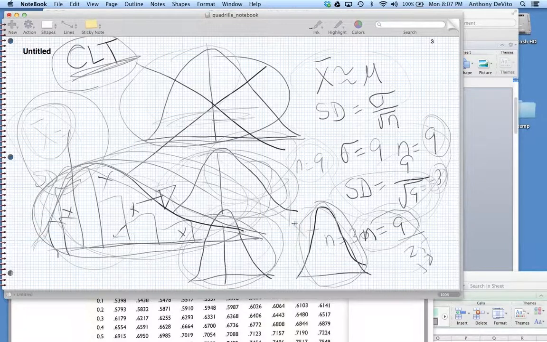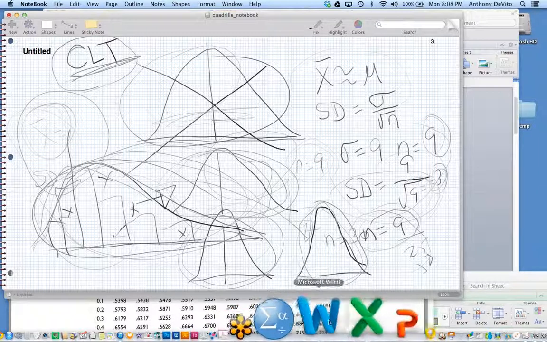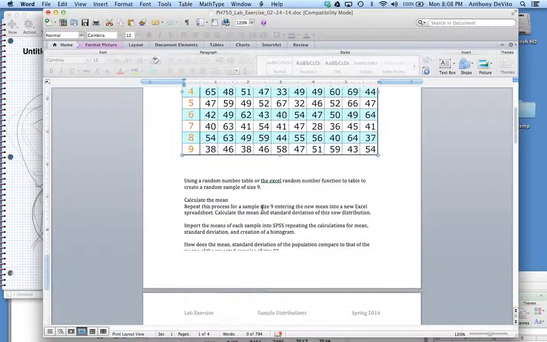Now, I don't expect you to understand the math on why this occurs, but just trust me for a while and understand that it now empowers us to be able to do this. So now let's apply this and see what this does for us. Okay, I'm going to go back to that Word document.